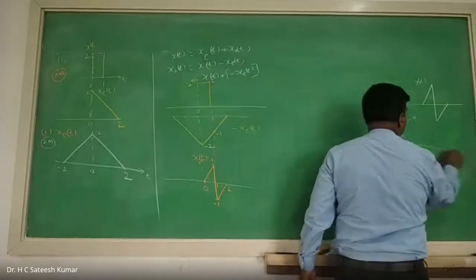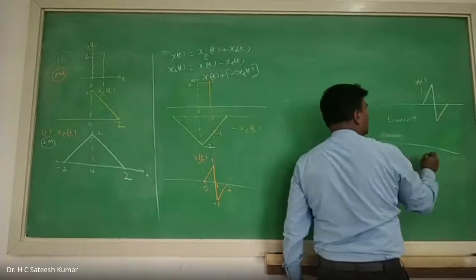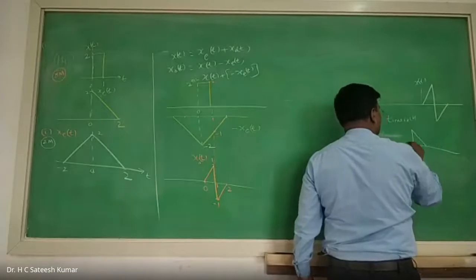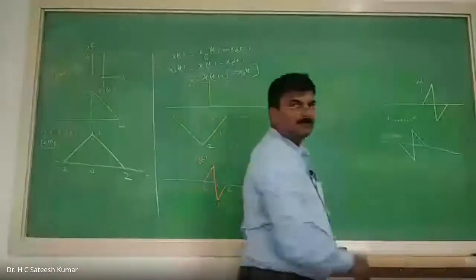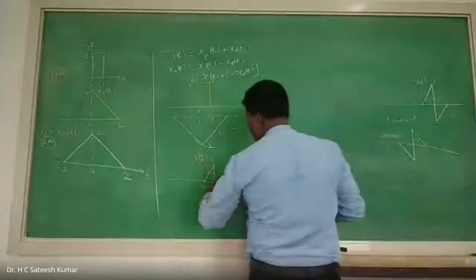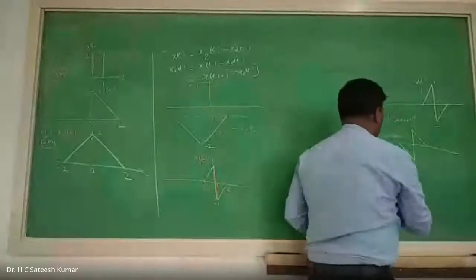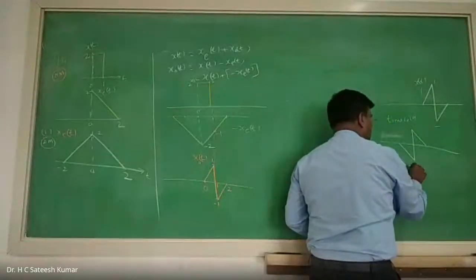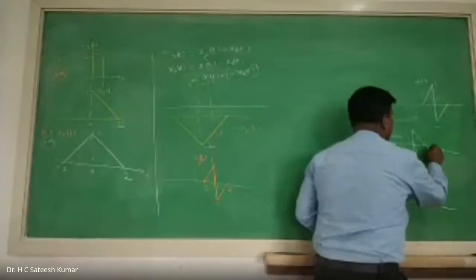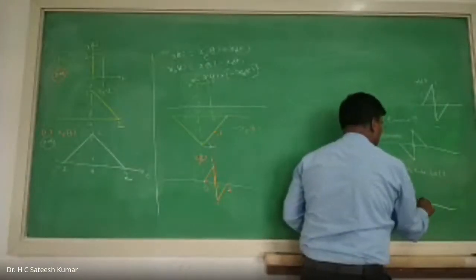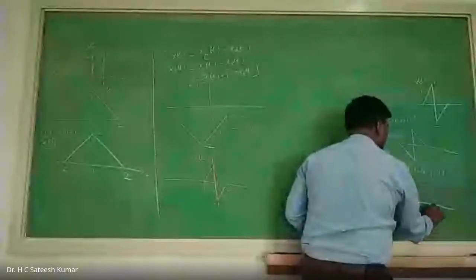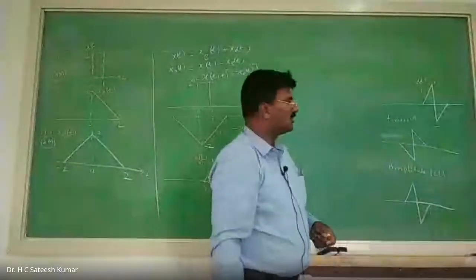If you do time fold, what will happen? Same thing is there. Fold it this side. What will you get? Like this. Time fold. This is 1. This is minus 1. This one I have folded once to the left. Next, amplitude fold. As I said, amplitude fold. That means vertical fold you write it. So what you should do, this will go to upside, this will come to downside. Okay, right, amplitude fold.